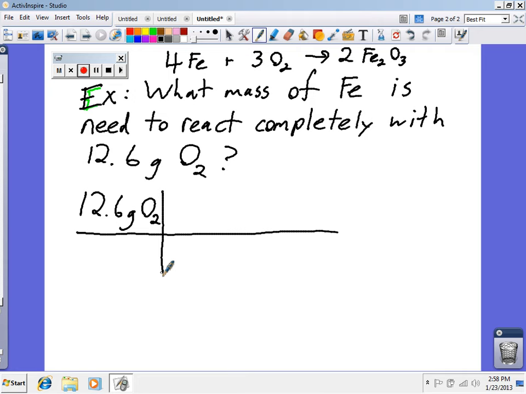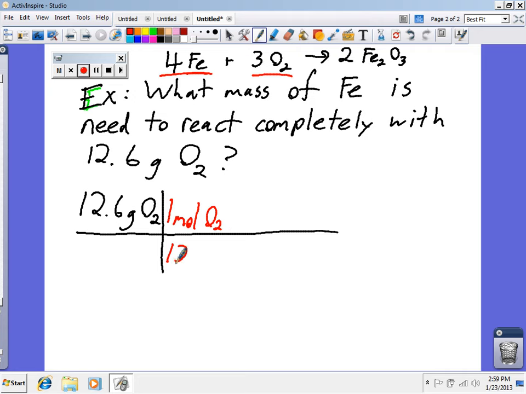And now remember, we have to get to the heart of the problem, and the heart of the problem is using the molar ratio. And we're concerned this time with iron and oxygen. So our molar ratio is going to be 4 to 3. But to use that molar ratio, I got to get the moles first. So first we're going to do a mass to moles conversion. Okay, so 1 mole, I'm writing in red now, of O2